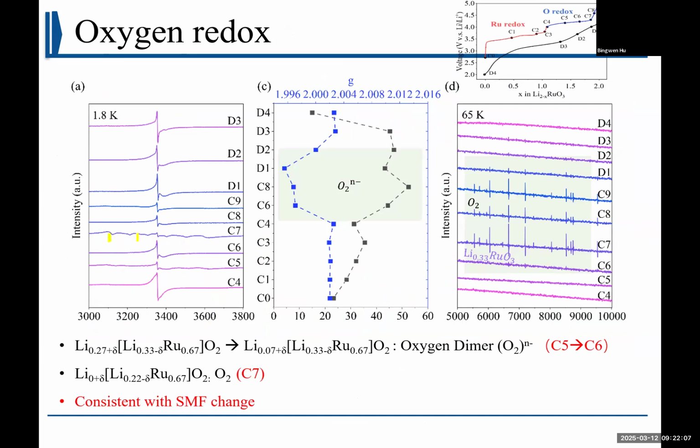First, we can observe the signals here, which may be due to the oxygen dimer, and in here you can see a lot of signals for oxygen gases. So this is the signal for oxygen gas. That means that during this time, if you want to release the magnetic frustration, then the system will generate this oxygen dimer and the oxygen gases, which is consistent with the change of the strong magnetic frustration. And you can also see this abnormal change of the g value,